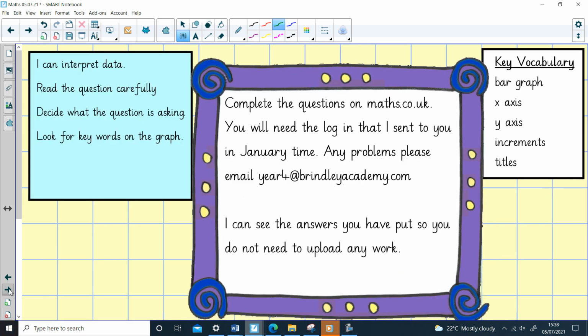Okay, it's your turn now to interpret some data. So what I've done is I've set up some questions for you on maths.co.uk. If you've done home learning before, that's going to be really familiar to you because it's exactly the same programme that we used for our home learning in the spring term. I gave everybody a log-on in January that you're going to need. If you haven't got that login anymore, then please email me at brindleyacademy.com and I can sort that out for you. I can see the answers that you put into the website, so you don't need to upload any work for me, because I can go on and I can have a look at who's done their work for today and